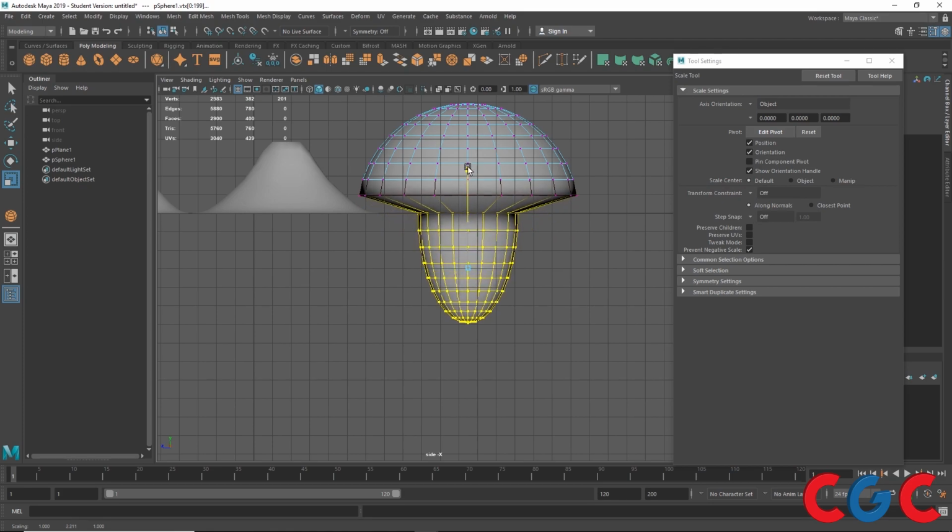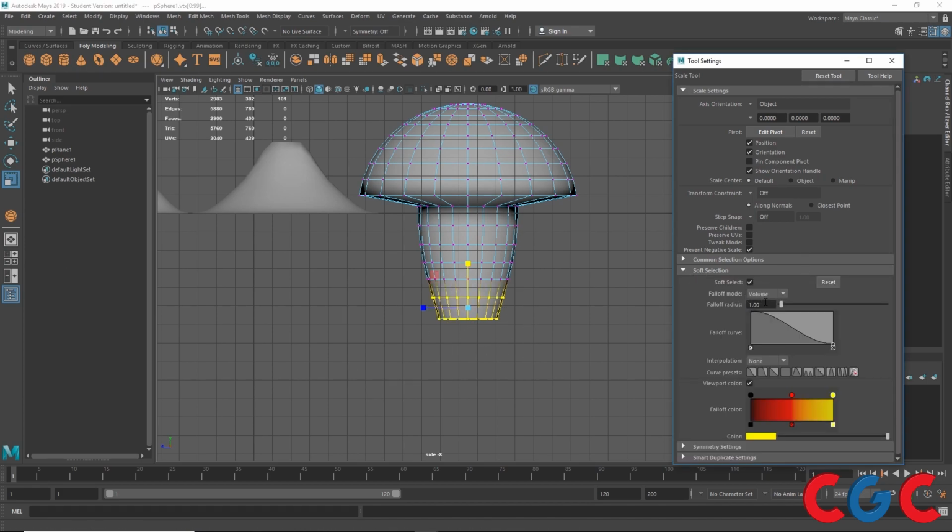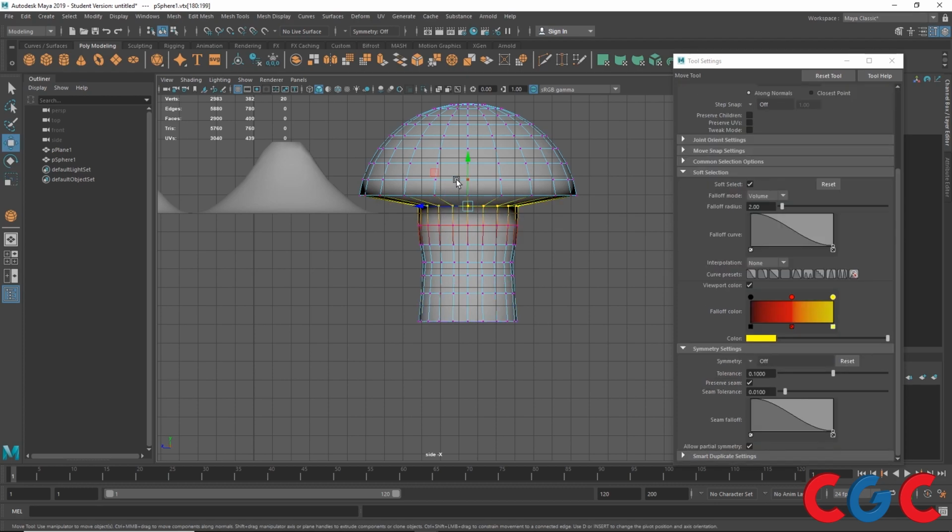I will have a scale, right? I'll have this bottom part selected. I will have some more soft selection tolerance, a small scale over there, right? Something like the mushroom head,